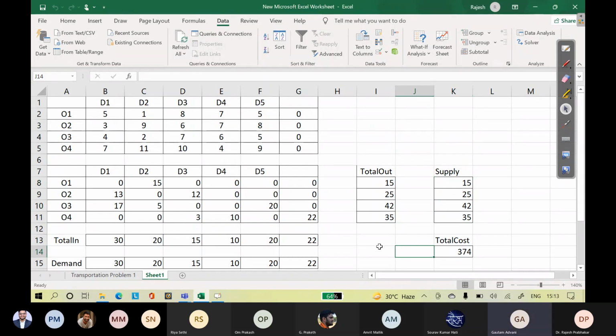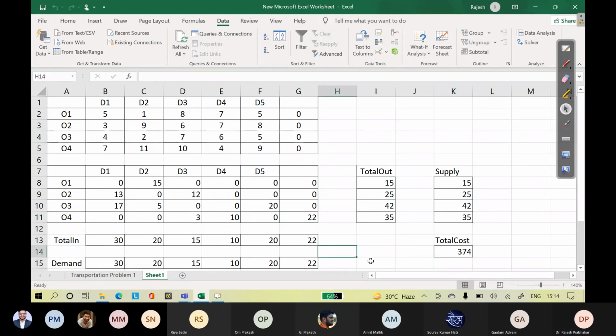For me, the solver is throwing an error saying there's no feasible solution, and the answer is coming as 510. Did you add zeros properly, and the 22 and all? I added the zeros in the dummy column manually. You have the demand column with zeros and 22. The zero should not get any values, only this will be the value, and accordingly it will solve.